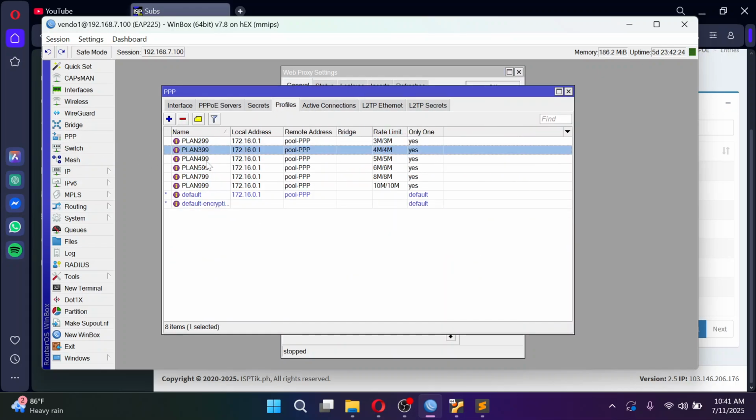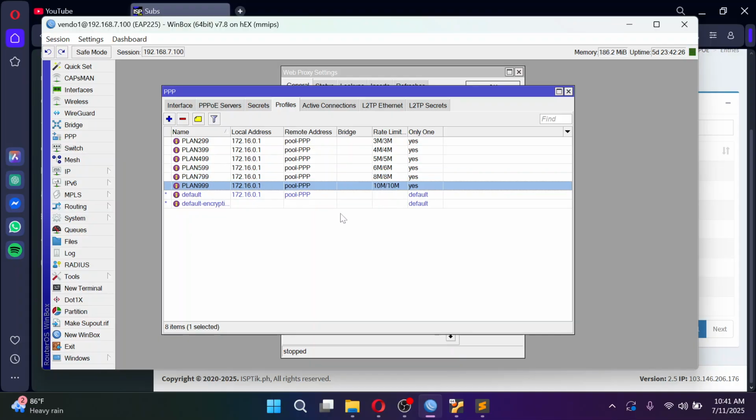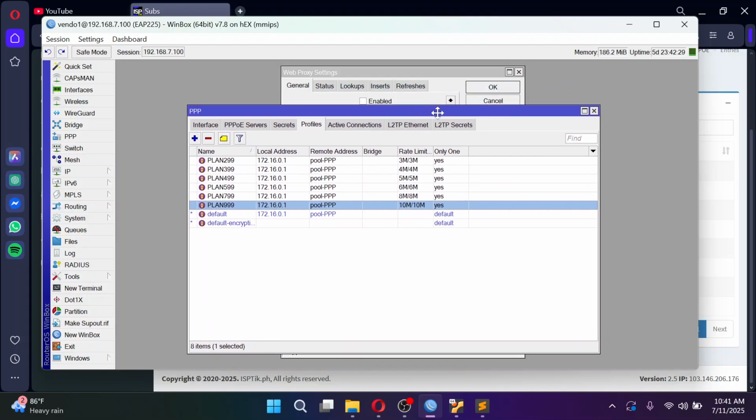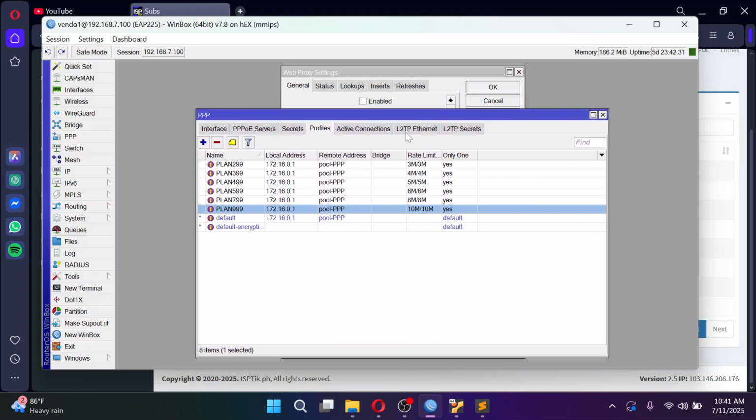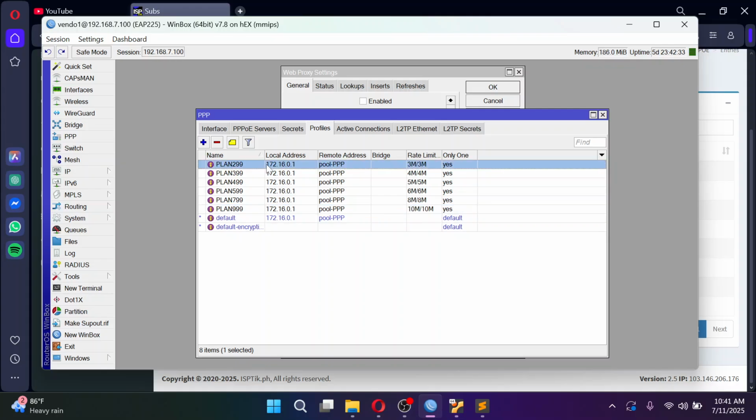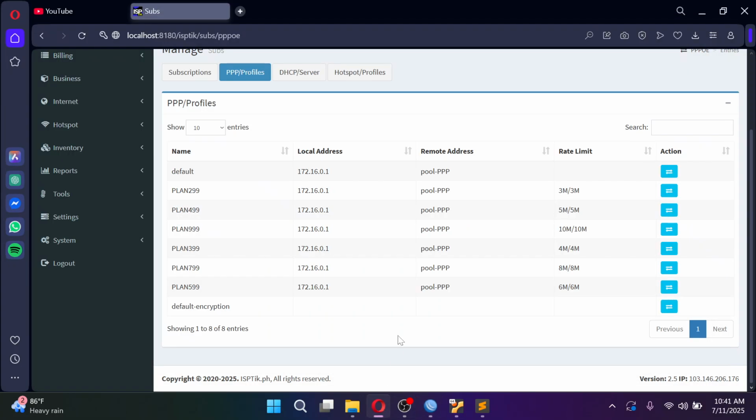Plan 299, plan 399, and so on. Okay, so there you go. That is the idea. So your ISPTech can now read some of your MikroTik information like the PPPoE profiles.